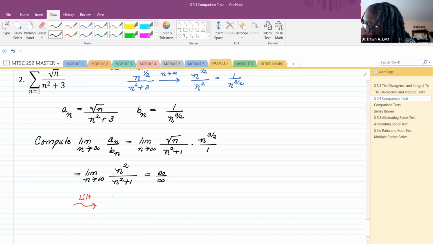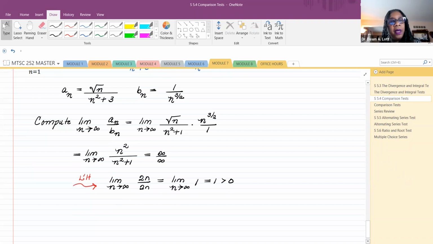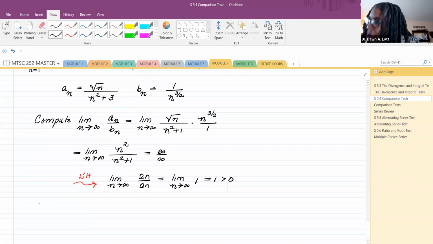So that gives me the limit as n approaches infinity of 2n over 2n. That's just the limit as n approaches infinity of 1. That equals 1, which is greater than 0. So we can say by the limit comparison test, oh, now we know